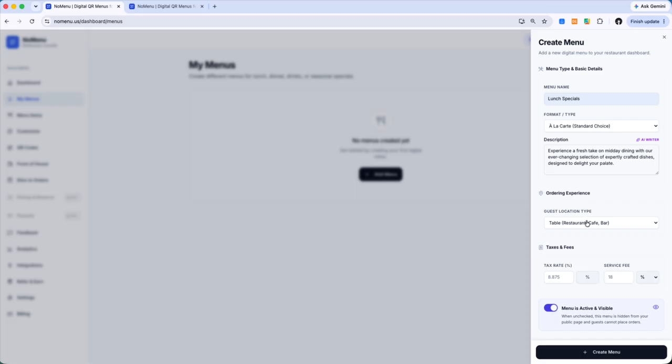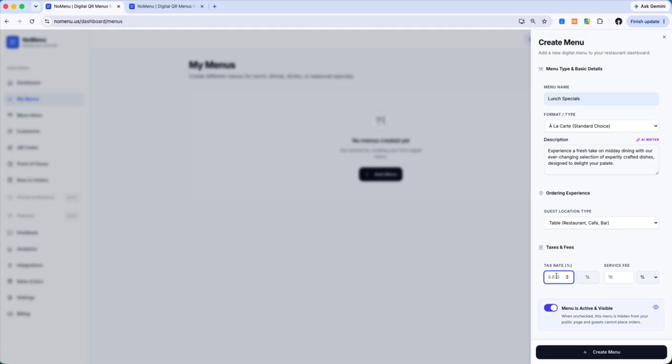Most restaurants have tables. Cafes or bars or restaurants usually contain tables. So you can select the location type. If it is a hotel room or any hospital room, you can use this. If it is a cabana or beach club, you can use this. For any resorts, you can use this. Or a theater or stadium, you can use this. Or lanes or bowling, you can use this. For a typical restaurant, it's a table, so I'm selecting that for the naming convention